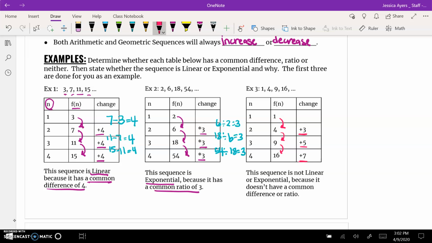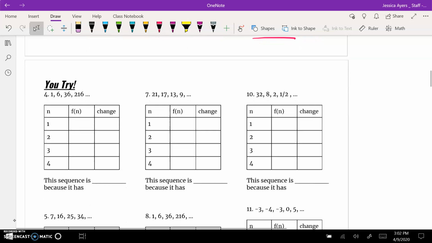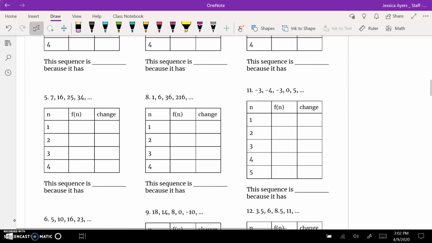But then we see that we don't have a constant difference here in this change column. It's changing every time. It's not the same. So that means it's not linear or exponential because there is no common difference or common ratio. So we can't say that it's one or the other. Now, you try and do the examples on page